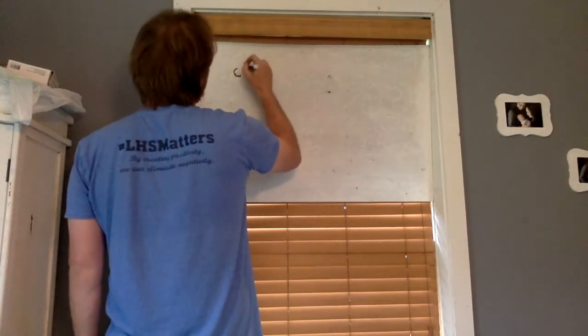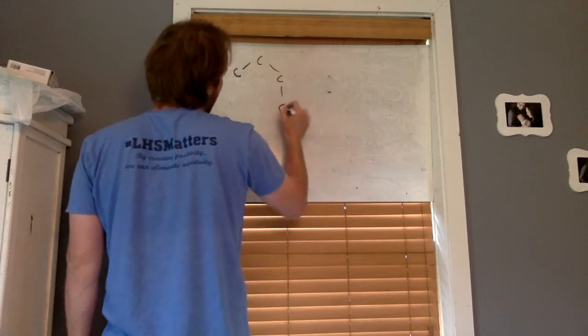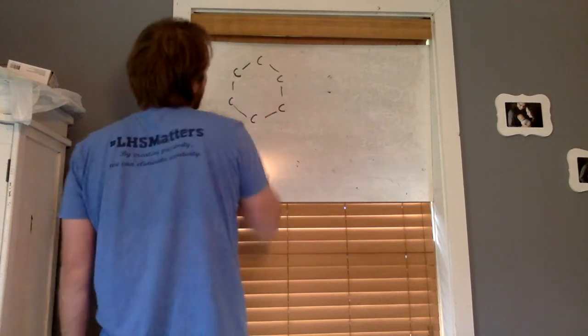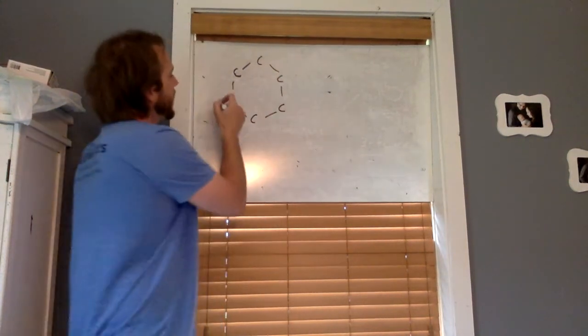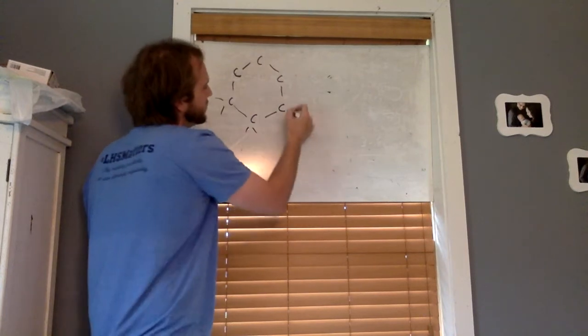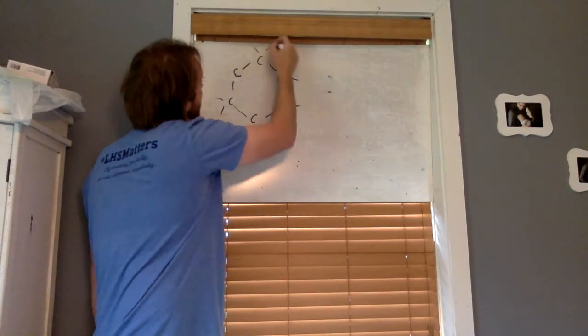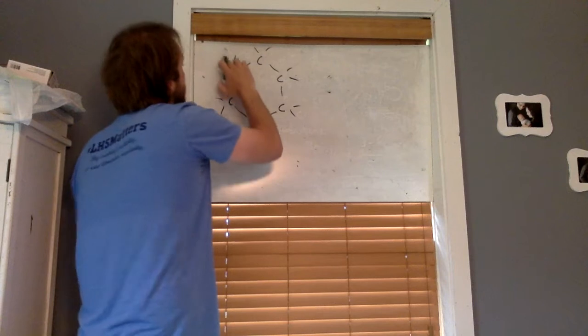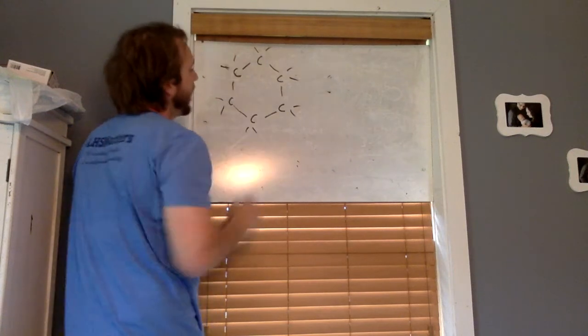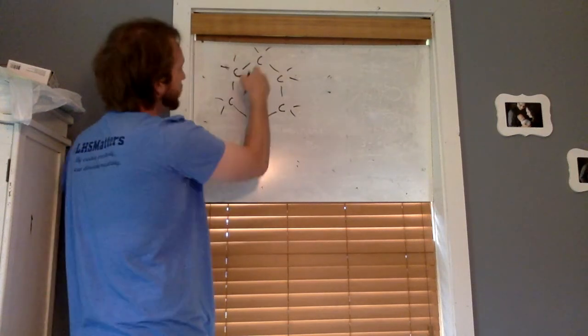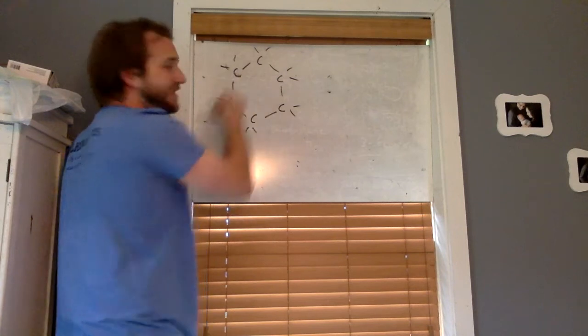We're just going to add the prefix cyclo to indicate that it's formed a ring, and if there's any special groups coming off of it, then we would go ahead and number those groups. One of the most common naturally occurring cyclic structures is one that looks like this. We would then have technically two hydrogens coming off of each of these as we're looking at our cyclic structure. But if we're just counting our carbons, we've got 1, 2, 3, 4, 5, 6